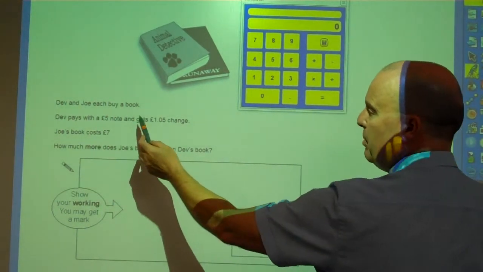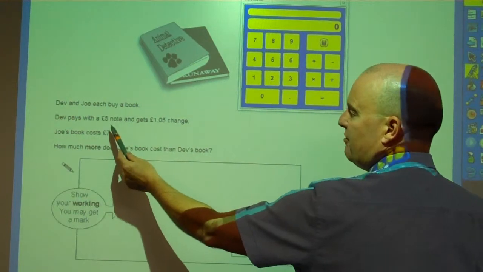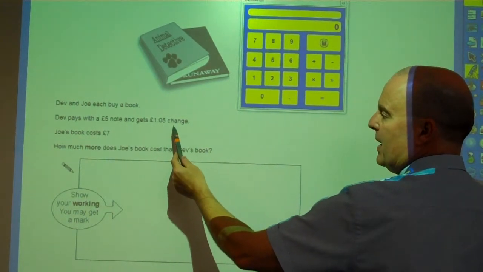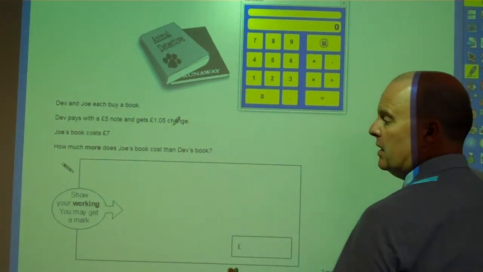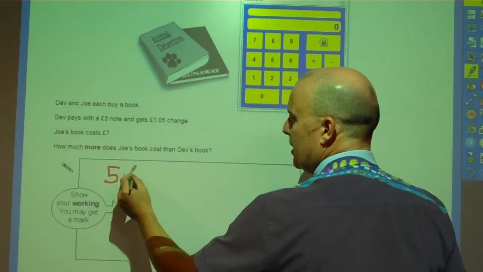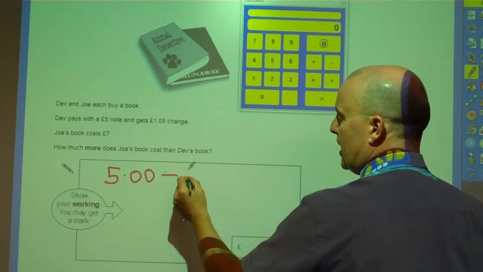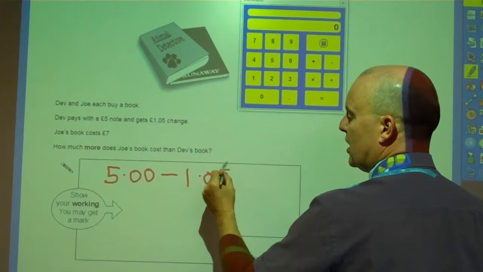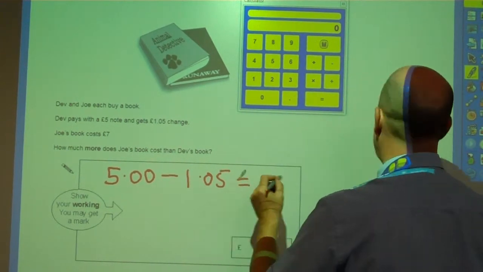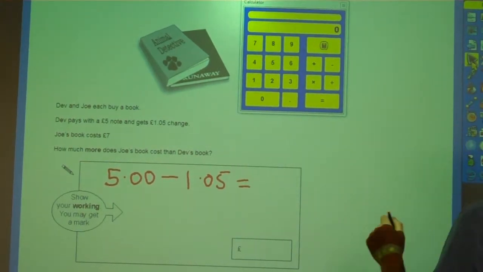Dev and Joe each buy a book. Dev pays with a £5 note and gets £1 and 5p change. So I know that Dev gave the shopkeeper £5 and he gets £1 and 5p change. So I subtract the change from the original amount, and I'm going to work that out on my calculator. So